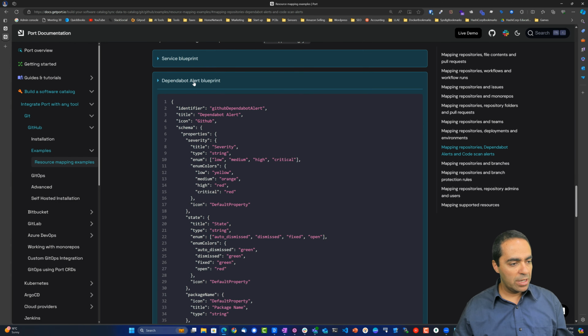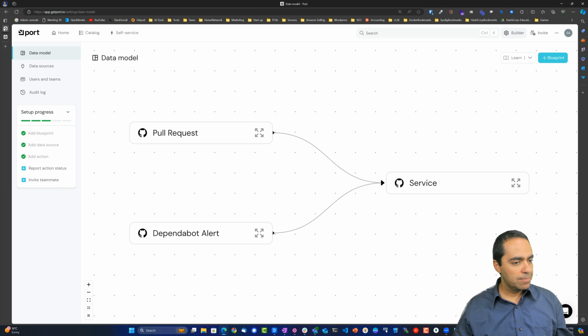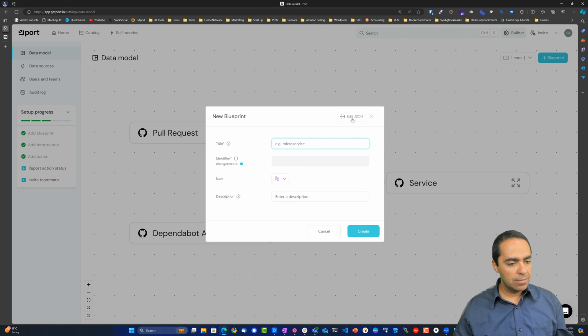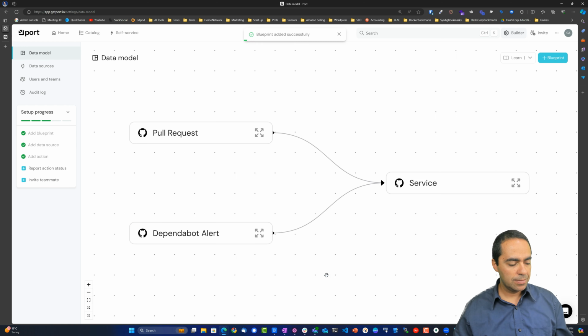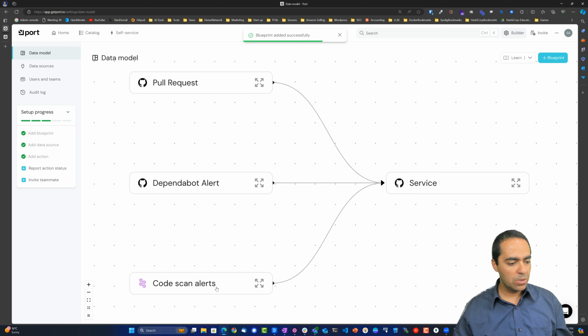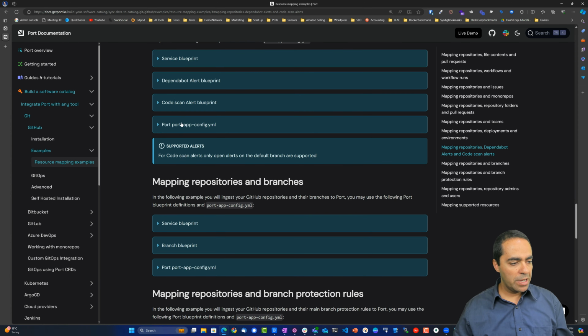Let's go ahead and create the next blueprint. So let's copy that. New blueprint, add a JSON, save it. And here's another one, code scans, also related to service. And then finally, this port